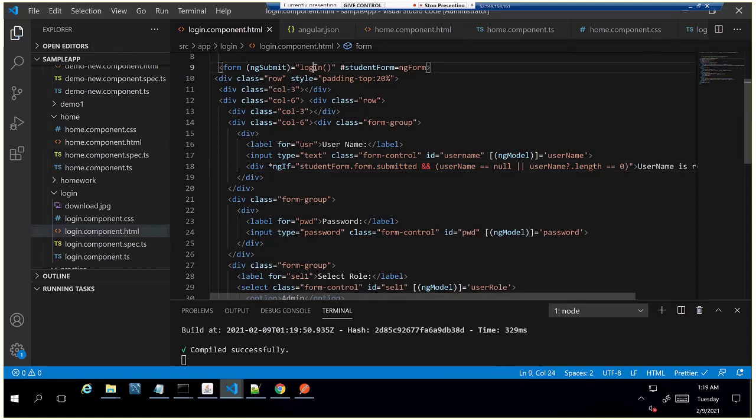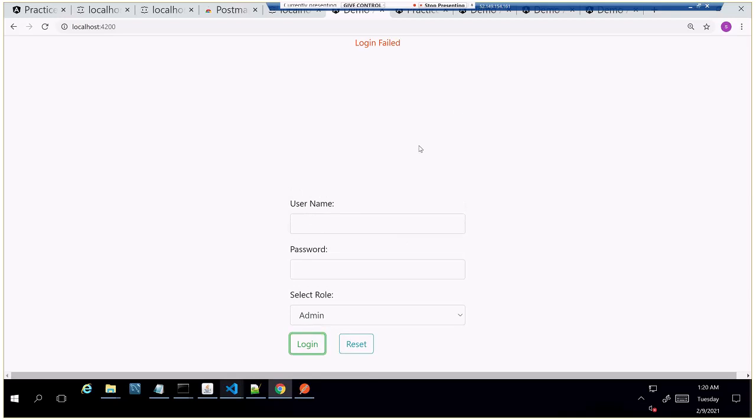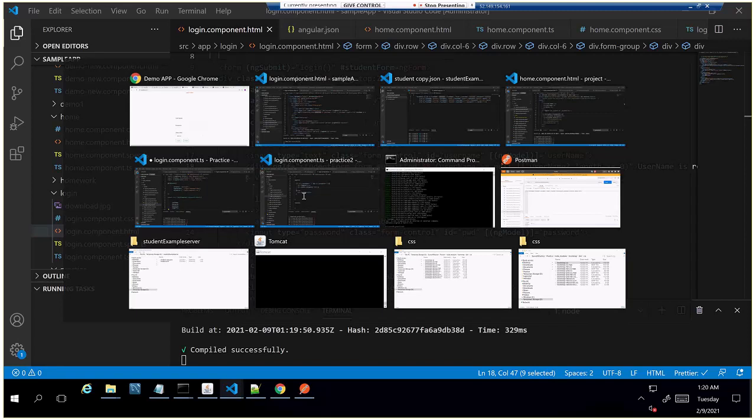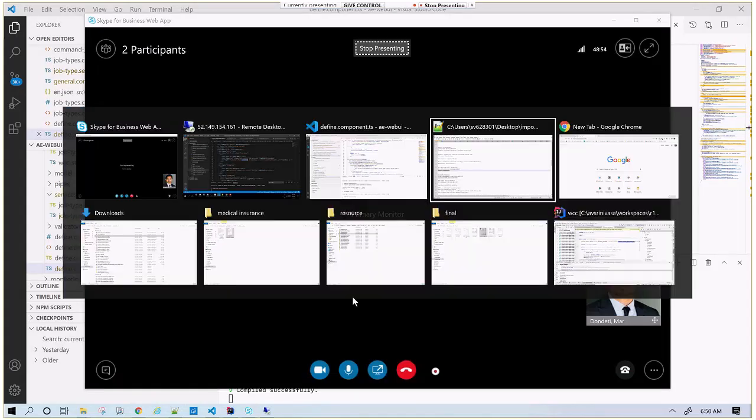Even for this login method, right? I think it is not required. So submitted is fine here. I'll check this. One second more, I'll check this condition once.